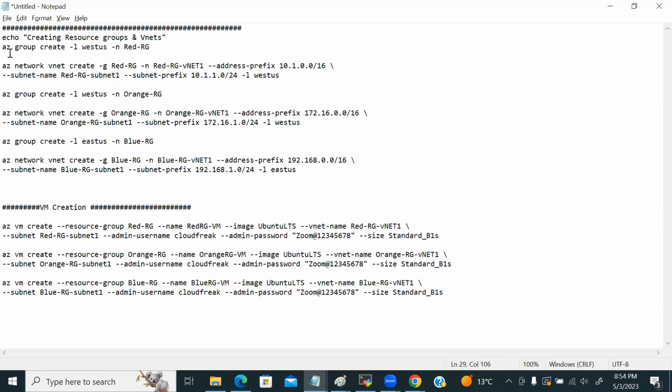So if you see here, I'm creating the first one. Resource group is getting created, red RG, and then network is getting created, VNet create -g, and this is the resource group name, and this is red_RG-VNet1. So this is a VNet name, and we are using --address-prefix 10.1.0.0 and one subnet is enough. So subnet is also getting created along with the VNet. Red-RG-subnet1, and the prefix is this, this is subnet 1 where it is getting created